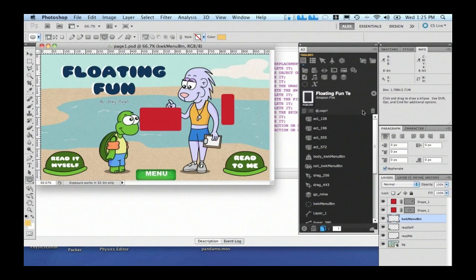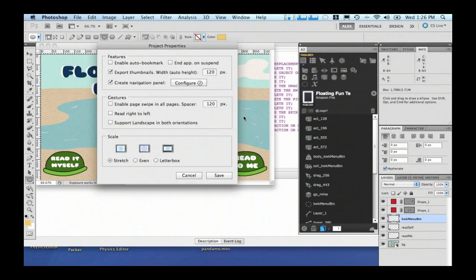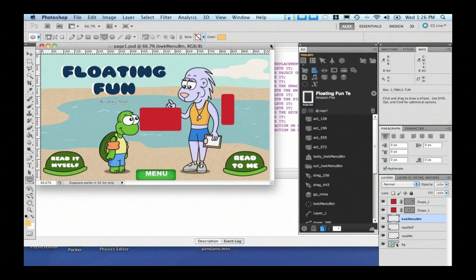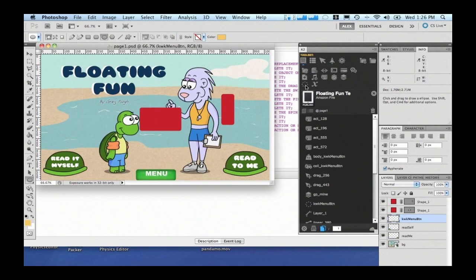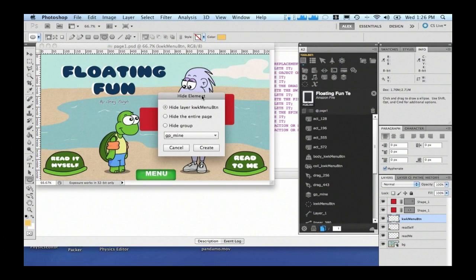If you can see here, there is no more the bug button. So it's a brand new thing. So I'm covering right now the interface. So as I mentioned, this is the project properties. You have several options for your projects. You have the page properties with also specifically things for the layers. And also new things here, you have the concept of not only working with pages and layers, but as well as groups that you can create right now.